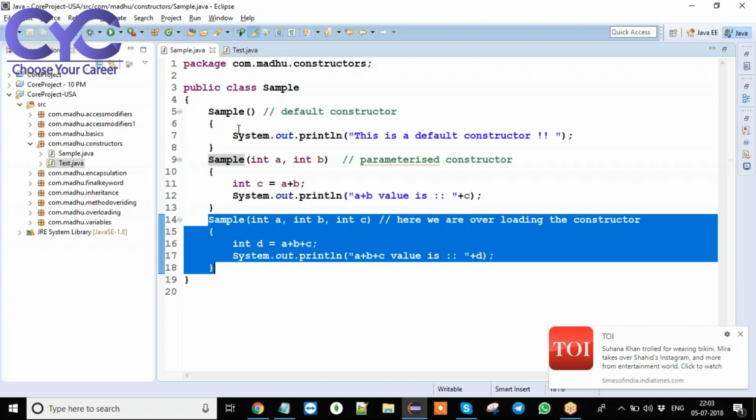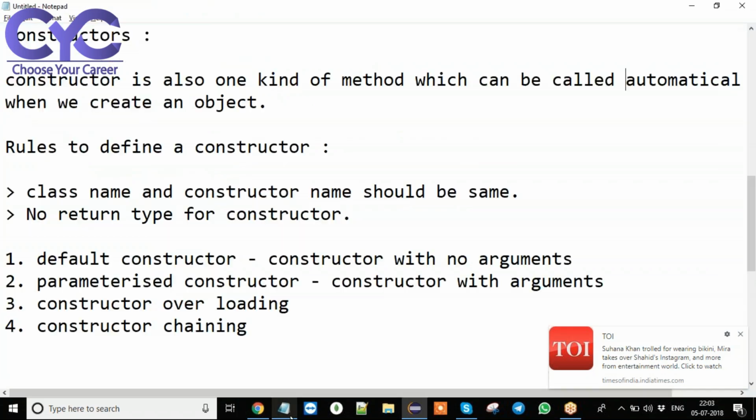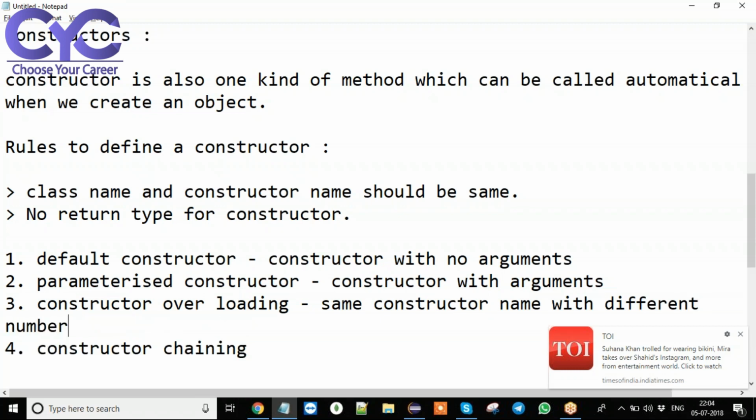But what I want is to create only one object and call all three constructors. How is it going to be performed? Observe here. Constructor overloading means the same constructor name with a different number of arguments.